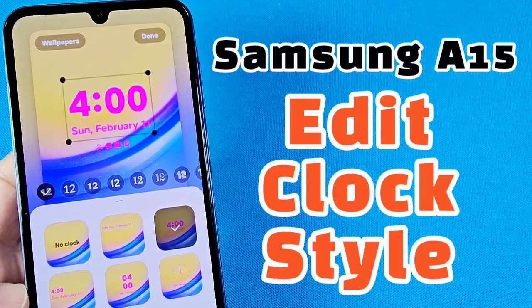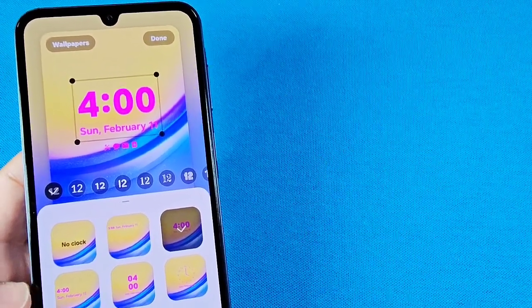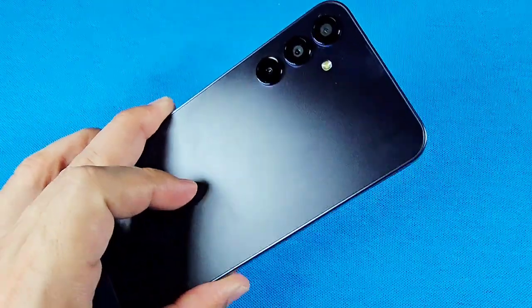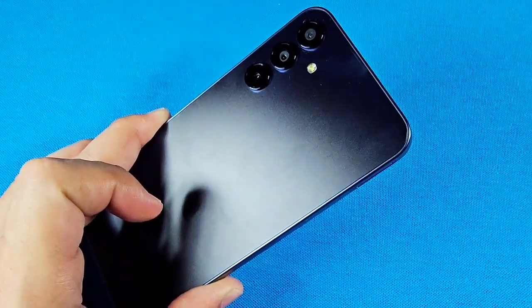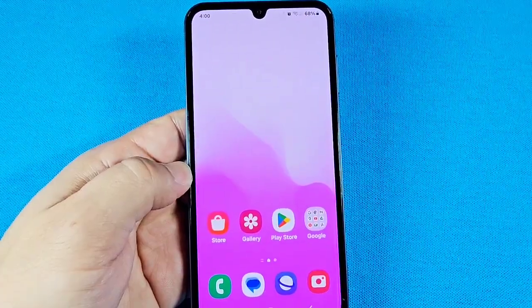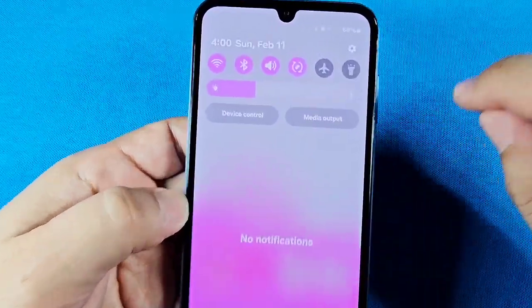How to change the clock that appears on your lock screen. This is for the Galaxy A15 smartphone with Android 14. Let's do it. In order to change these settings, use the quick panel access and tap on the gear icon